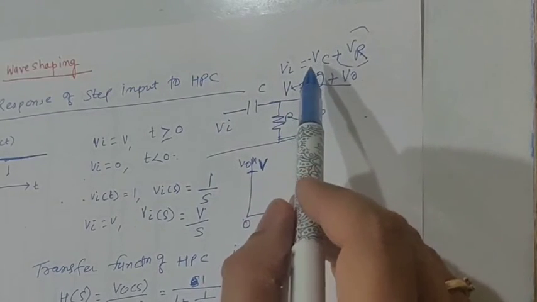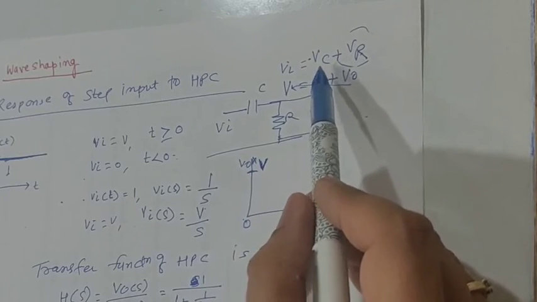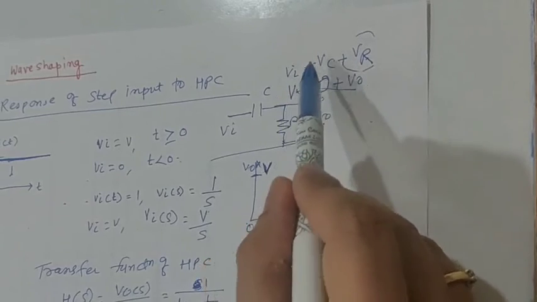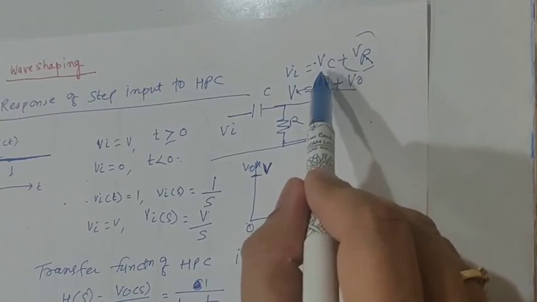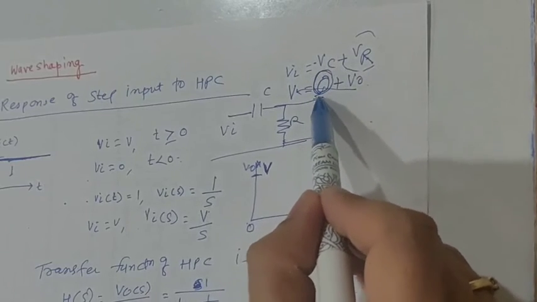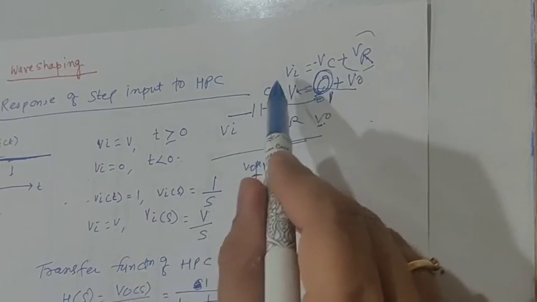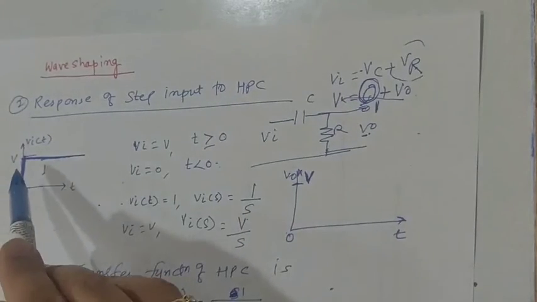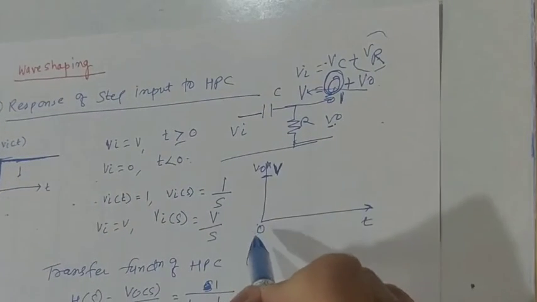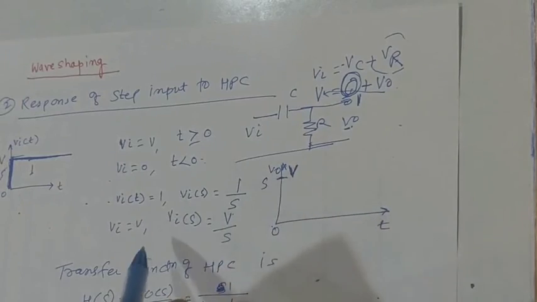Now the capacitance is going to charge. It is going to start charging, and if it is getting charged, let us say the input applied was V, and now it is getting charged. So it will not be 0 now, but it will have some value. Let us say it has value 1. So I will consider now that the applied voltage was not V, but 5, for understanding purposes.